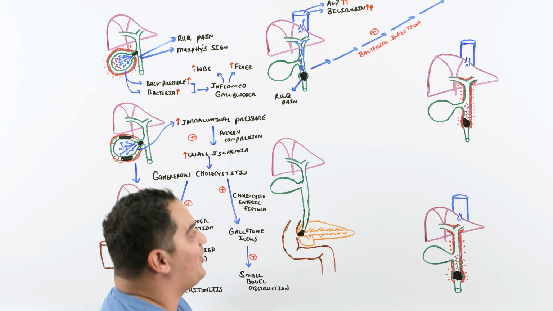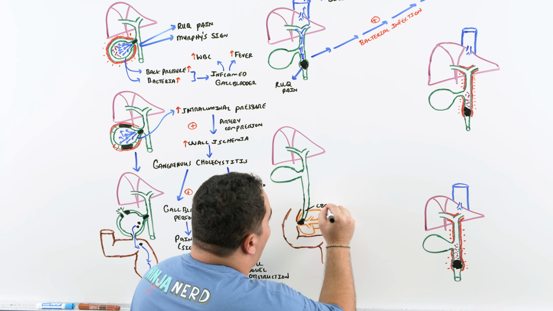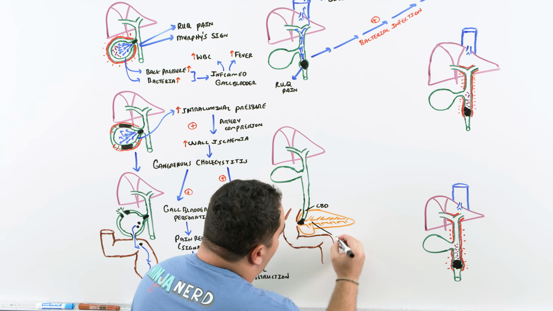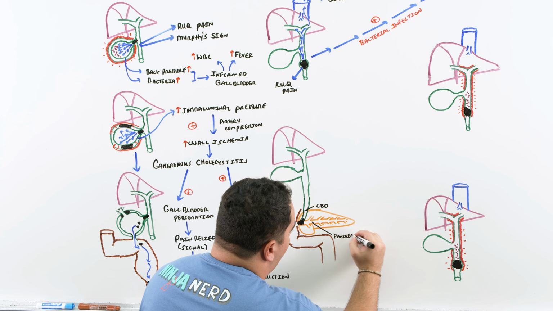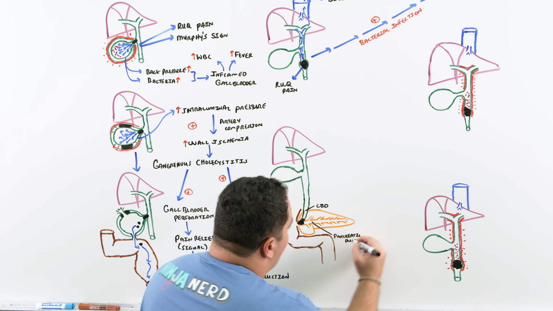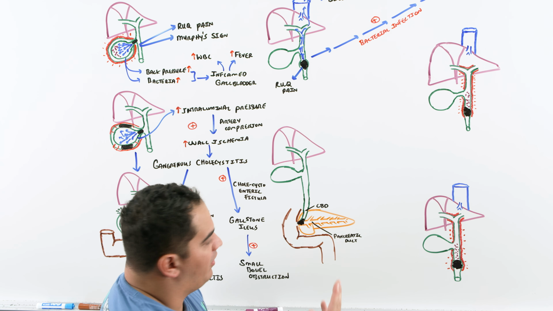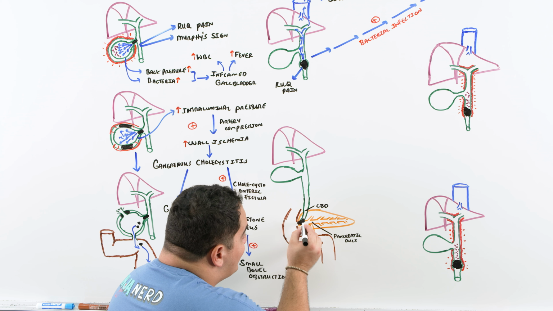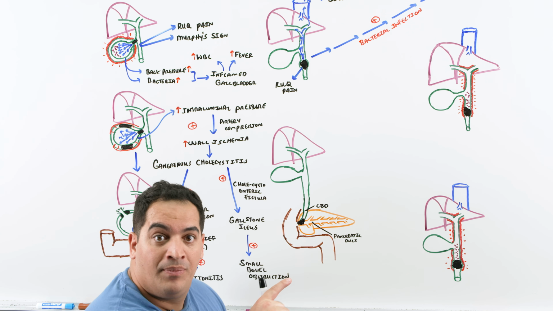But the common bile duct goes all the way down here to the pancreas. And so here you have two ducts. Here is the common bile duct, and here is the pancreatic duct, like the main pancreatic duct. And where they usually join is called the ampulla of Vater, or the hepatopancreatic ampulla. Sometimes if that stone gets stuck right there where the common bile duct and the pancreatic duct fuse, the hepatopancreatic